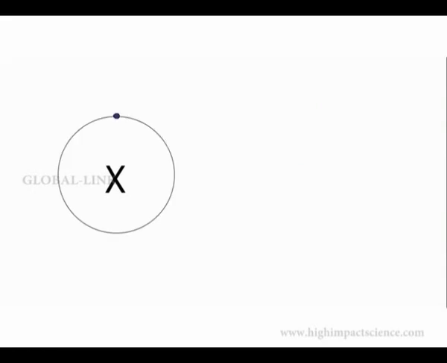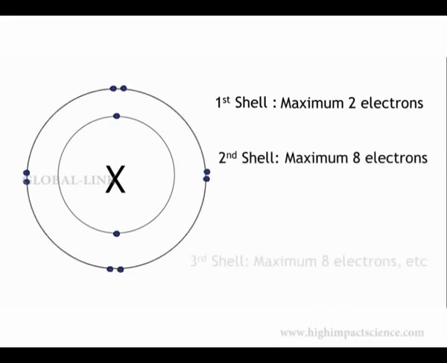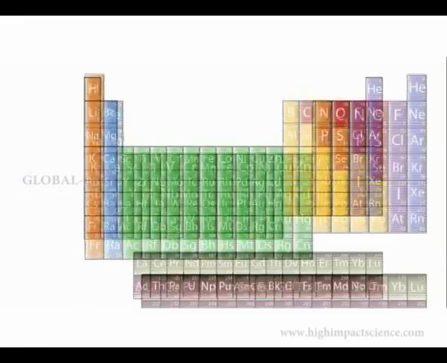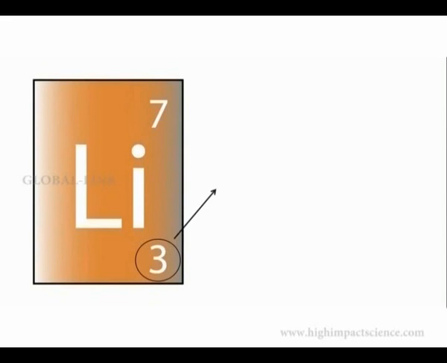The first innermost shell can hold a maximum of 2 electrons. The other shells can hold up to a maximum of 8 electrons. For example, lithium has 3 protons, therefore it has 3 electrons. The first 2 electrons are in the first shell, close to the nucleus, and the third electron is placed in